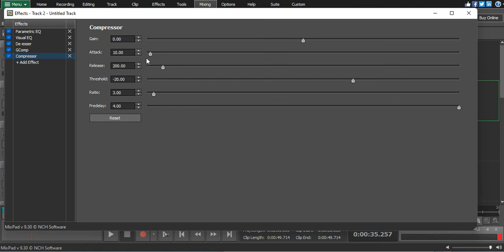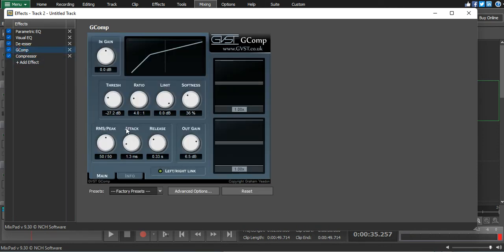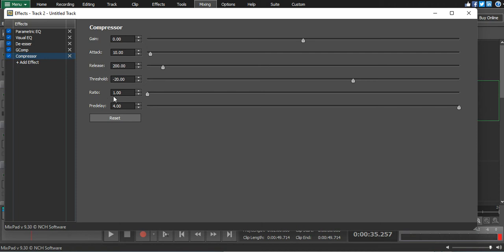The gain is on 0, the attack is very slow. The ratio, I would love the ratio to go around 1:2, 1:1. So if this is 1:1, I would love to play with our ratio around here. Let's drop it down to 1. I want it to 1:5. Okay, well, 1:5. The ratio is on to 1. The pre-delay is on 4. Okay, I feel like this is